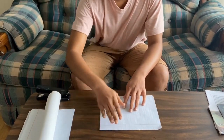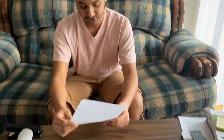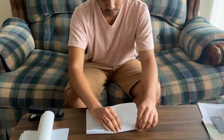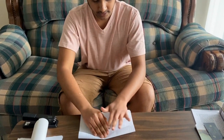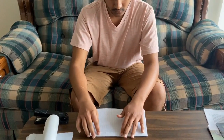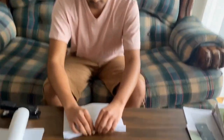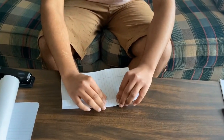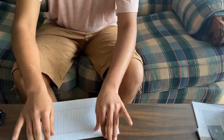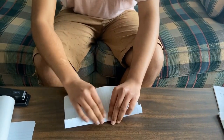All you need is a paper. So take a rectangle sheet of paper and fold it inwards like an inch. Then turn it and fold it to the same length. Check if the length matches. Then flip it and fold it again to the same length